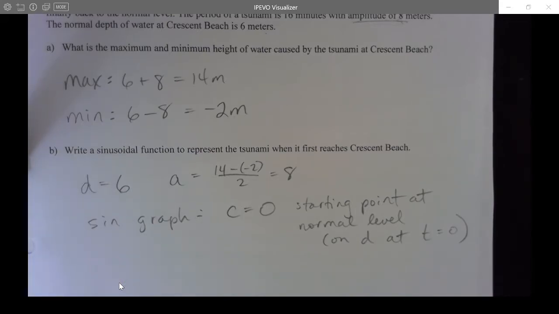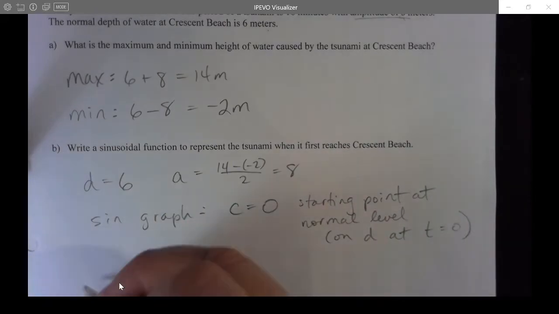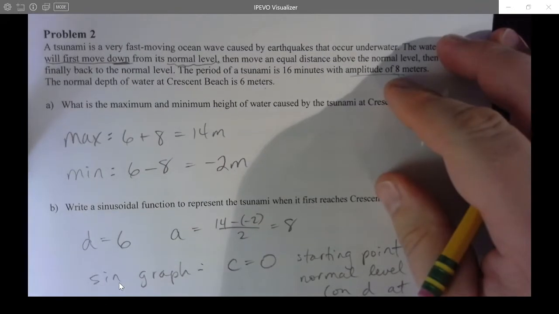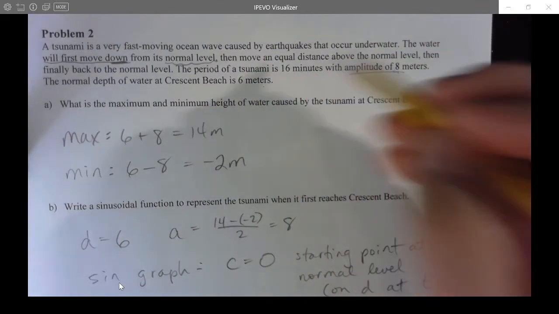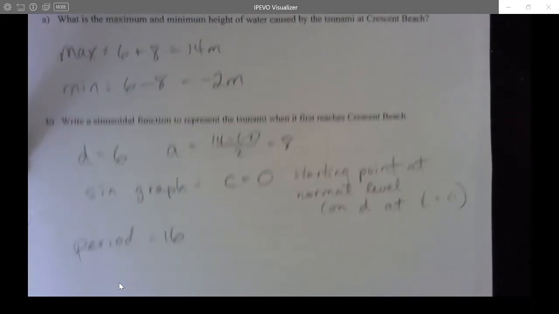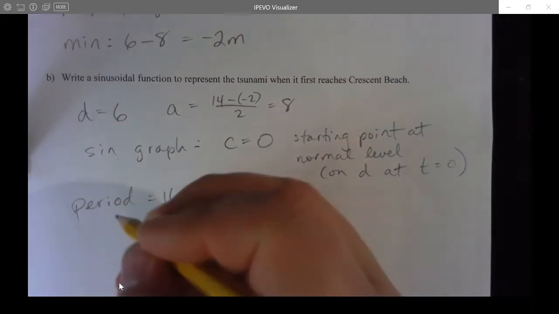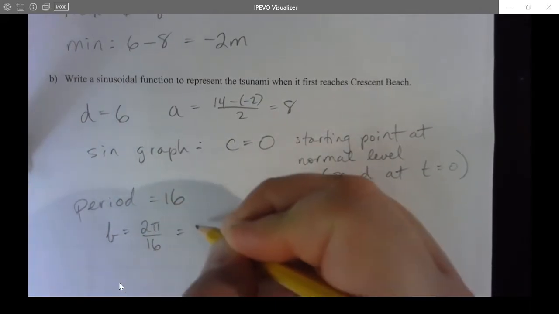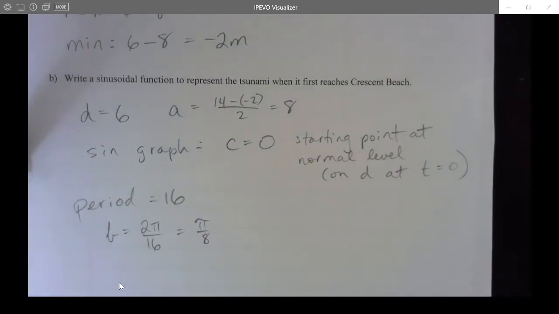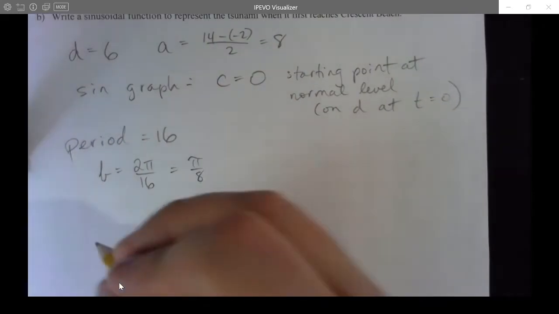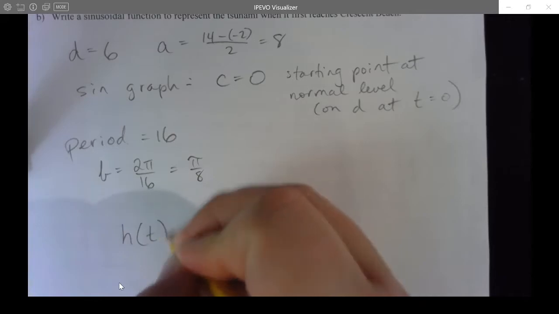But we need to work with the period to find the B value. So period, it actually straight up tells you the period of the tsunami is 16 minutes. So that's my period. And I'm going to have to use that to find B. B is 2 pi divided by period, which is pi by 8. So I'm going to have a pi by 8 in my equation. All right, I think I'm ready to make the equation now. I'm going to use it in function notation. Height as a function of time